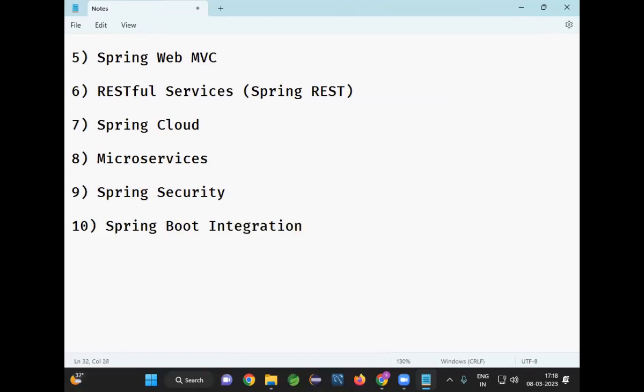We need to integrate our Spring Boot application with Apache Kafka. How to integrate our Spring Boot application with Apache Kafka, how to integrate it with Redis cache, how to integrate it with Docker, and how to integrate it with several other technologies, like how to perform unit testing of our application,